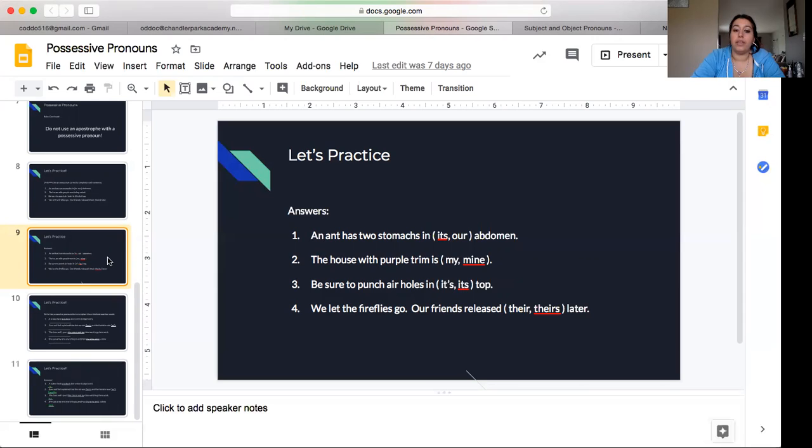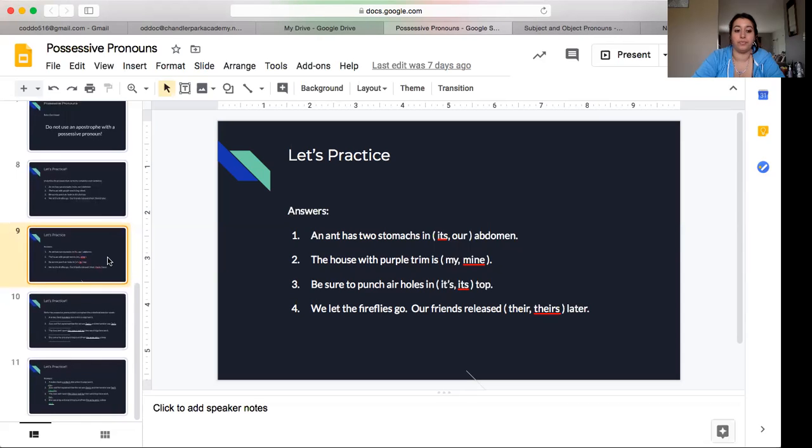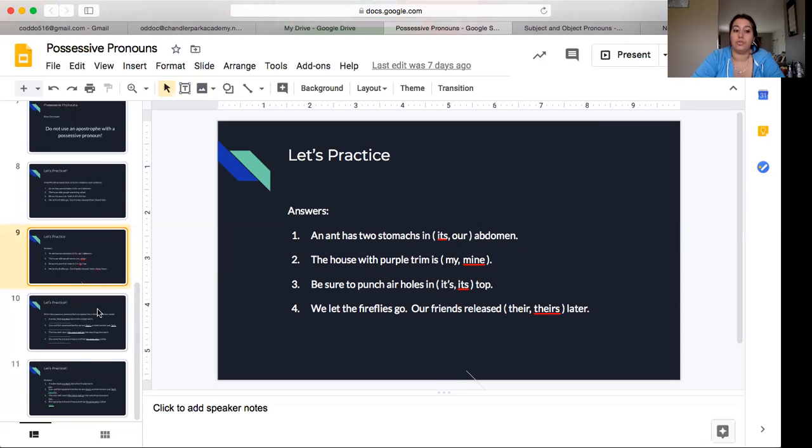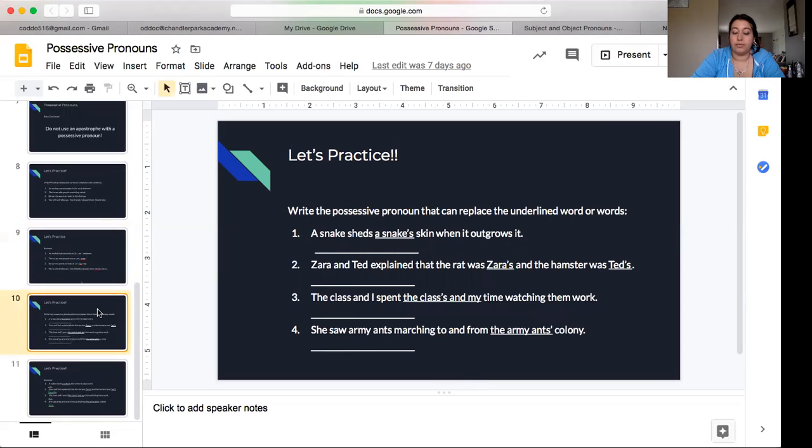And then we let the fireflies go. Our friends released theirs later. We should have identified theirs as the possessive pronoun. Let's go through a few more practices. Now you're going to write the possessive pronoun that can replace the underlined word or words. I'm going to read the sentence to you, and you need to decide which possessive pronoun makes sense for